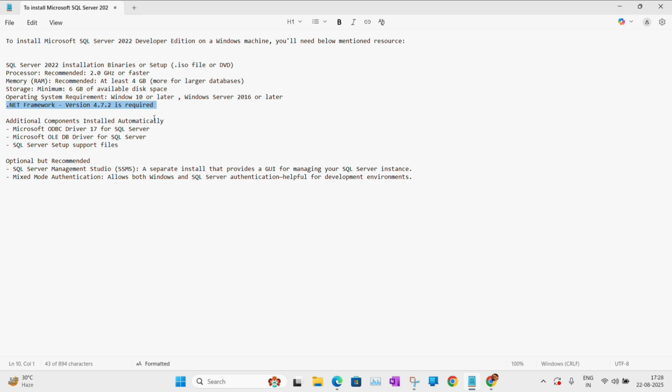Apart from that, while you will install that SQL Server 2022, these components will automatically be installed: ODBC driver, OLEDB driver, and these set of support files. Okay, and once you will successfully install the SQL Server 2022 edition,